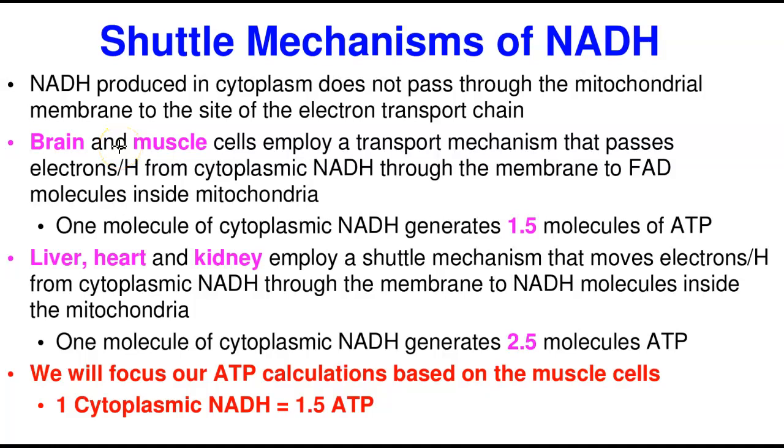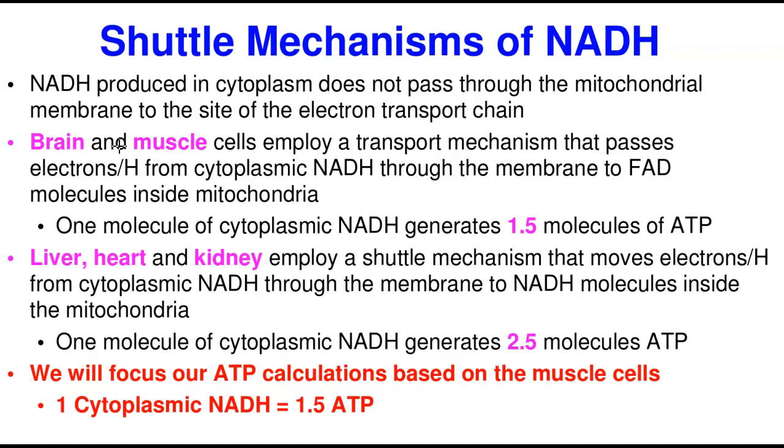Calculation. The shuttle mechanism is a way of transport. Remember, when we talked about glycolysis, we said there are 2 moles of NADH generated in the cytoplasm, because glycolysis takes place in the cytoplasm. Let me tell you something. NADH is not permeable to the mitochondrial walls. It cannot get in. So it goes through special transporting schemes we call the shuttle mechanisms.